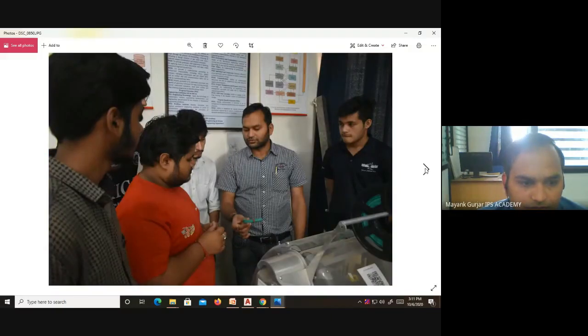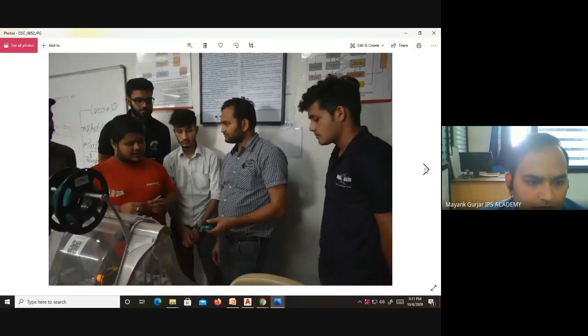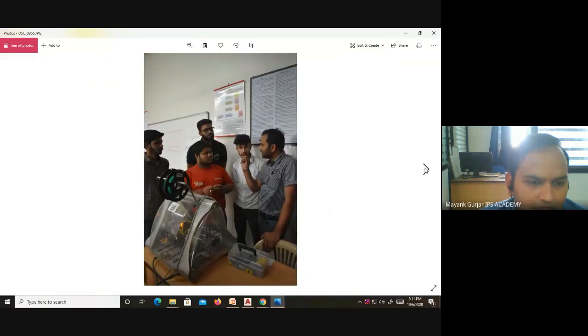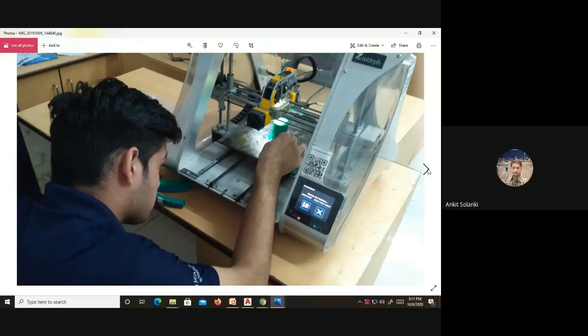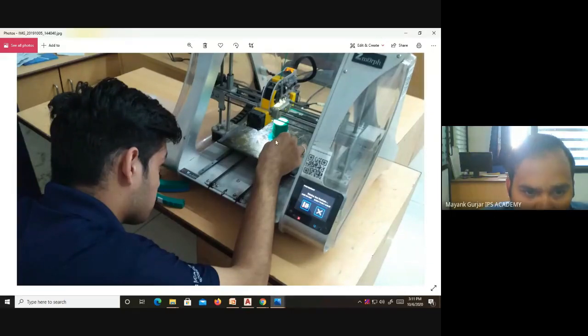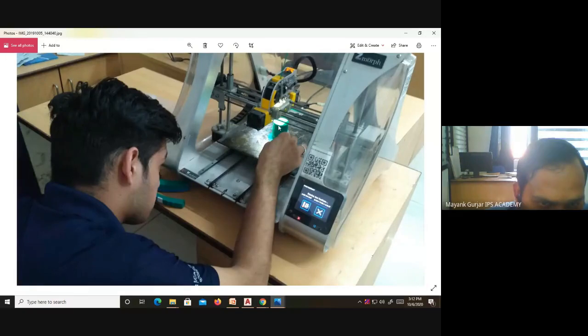So this type of work that we generally do. Anything the students' creativity has to be explored, they come in the lab and just start printing. From this scene, you can see the support structure between the two layers of that dumbbell. This is the base plate and this is the top plate, and in between we can see the support structure.